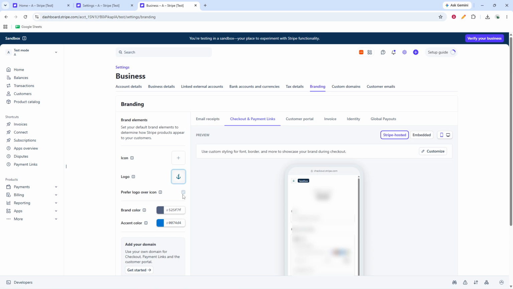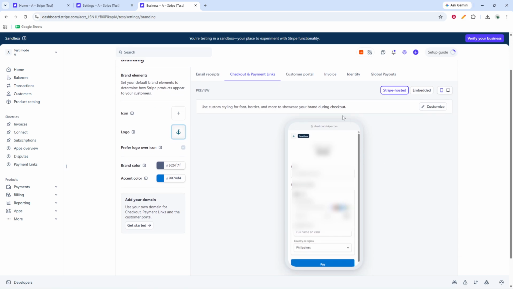After that, move to the preview area so you can check how the logo will appear to customers. Select Checkout and Payment links in the preview options. Stripe will show you a preview of the checkout layout with your current branding applied. Use this view to confirm that the logo displays as expected and that it looks appropriate within the checkout page